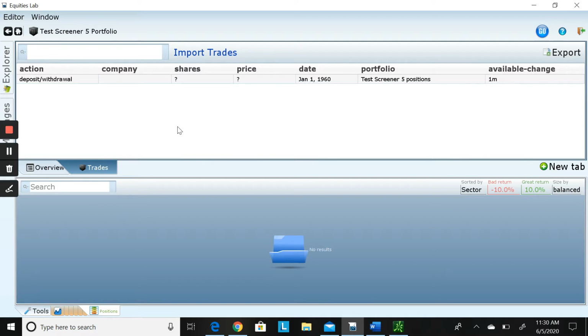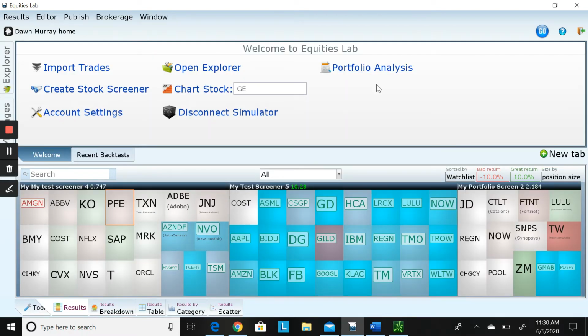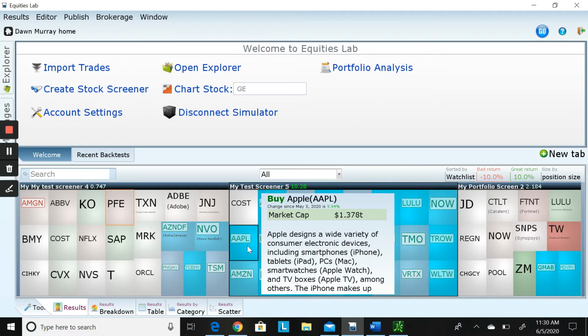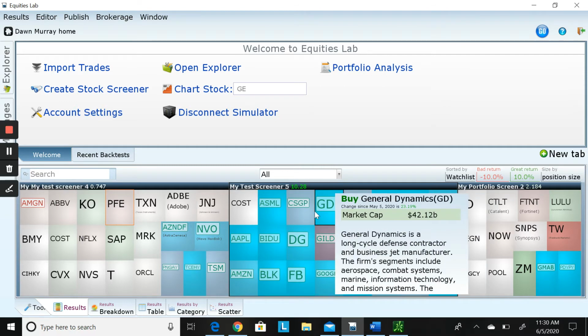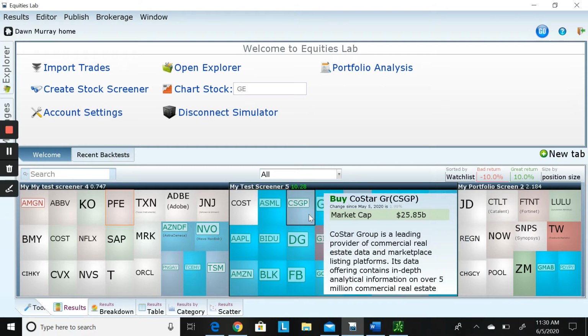But you can see, allocate that $1 million over however you would like to do it. So if you go back to the home page, now you can see all these positions, how they have buy recommendations. They're kind of blue and have buy recommendations. And then they also have a change since May 5th above the market cap. So when you have buy recommendations, they give you returns for the last 30 days. So when you're looking at this and you're considering a position, look at the last 30 calendar days on the